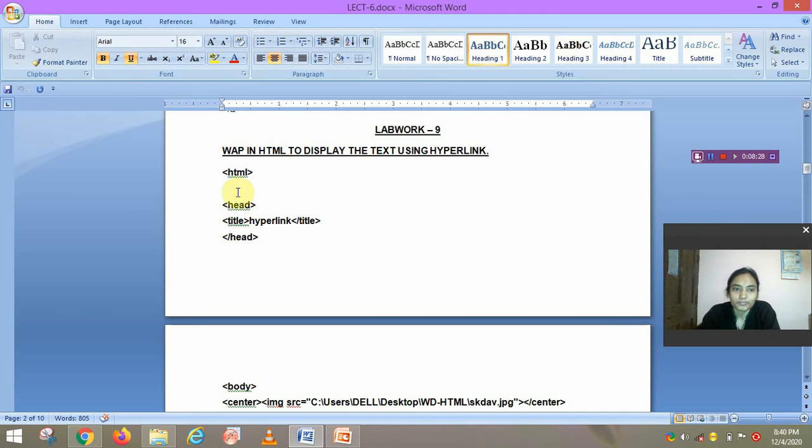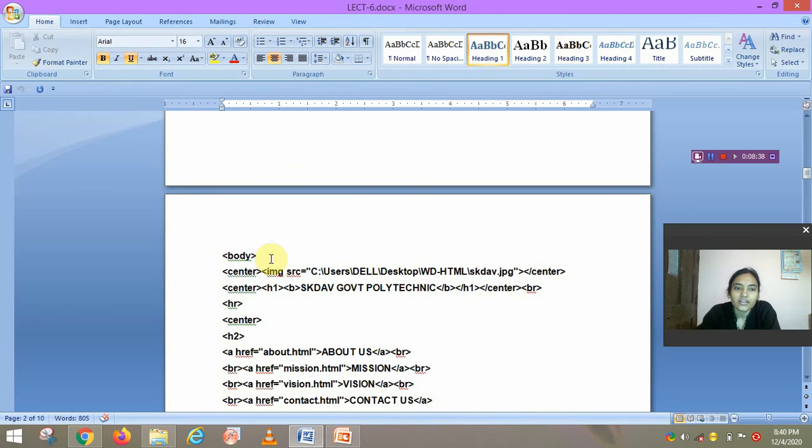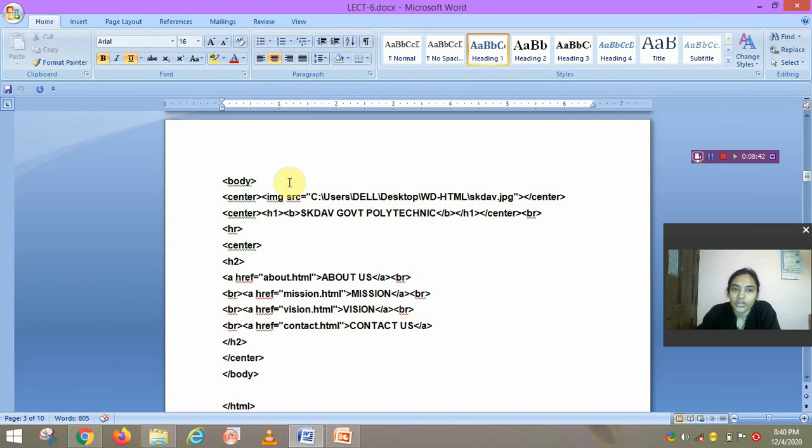So here HTML start, head, then title start. In the title we write hyperlink, then title close. After that we close the head, then open a body tag. After the body tag opens we write center, so the text or image we place here will be in the center of the screen.